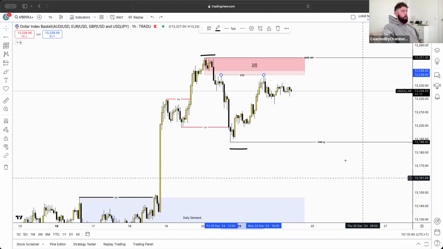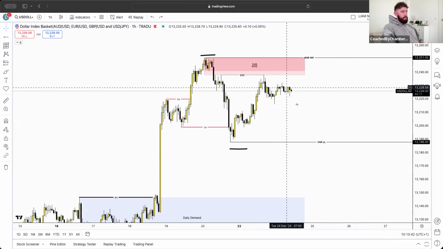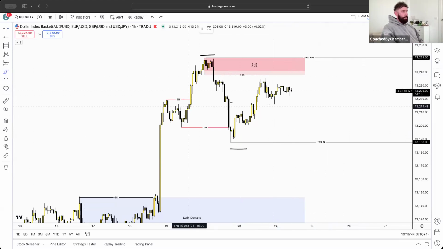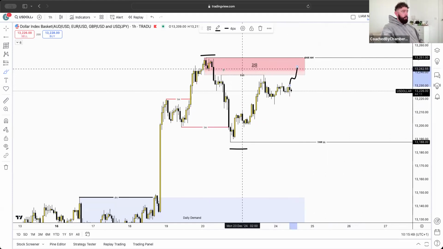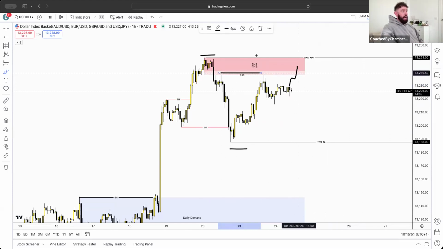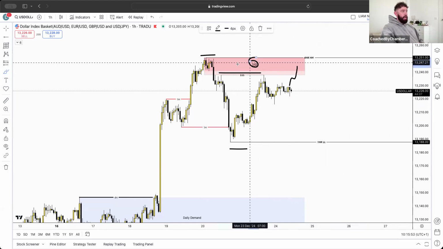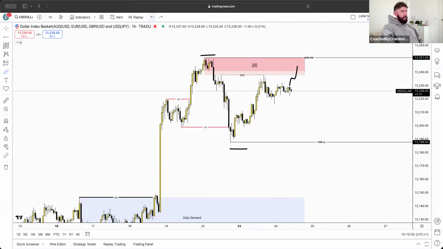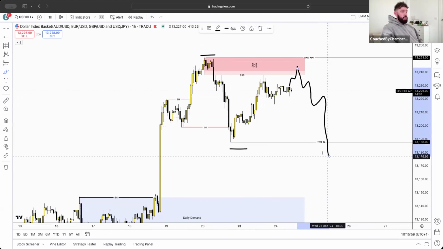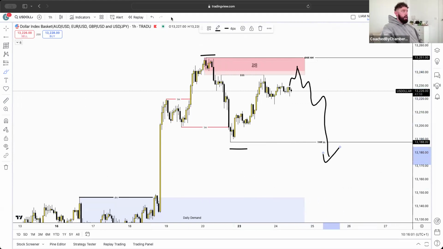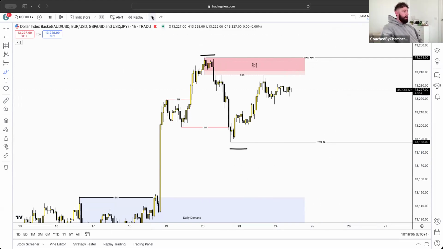So what most people will be doing is looking to sell. So I think what we can potentially see is the market come up above these equal highs here and tap into this 1 hour supply area. And then with that being said, I think that's when we will get the real move to continue this downwards. So that is my predominant thought for the 1 hour perspective.